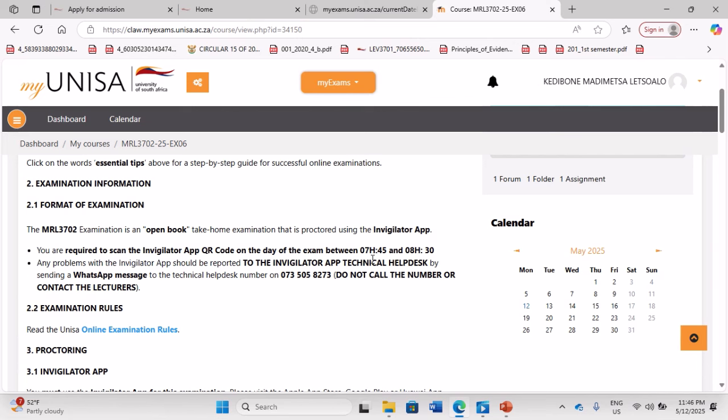So they give you 45 minutes to log in. The first thing that you have to do with that 45 minutes, please make sure that you log in to the Invigilator app and scan the code. You can either scan the code or enter the code. There's going to be a barcode and then there will be a code. So it is up to you how you want to do it. And then it further states that any problem with the Invigilator app should be reported